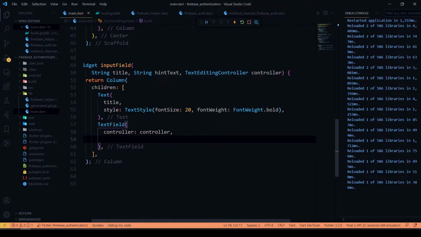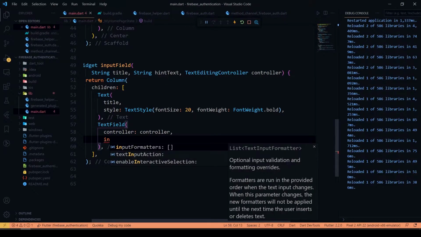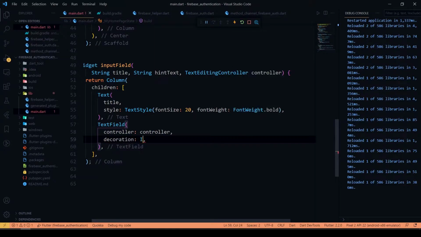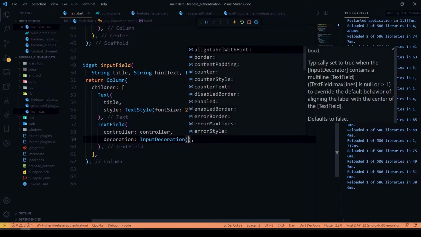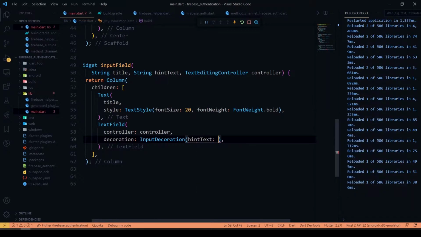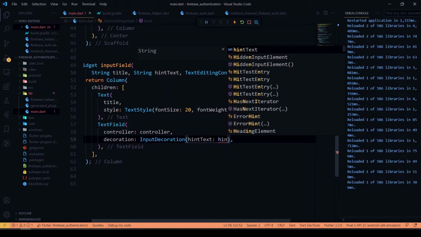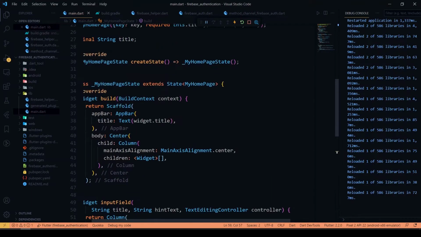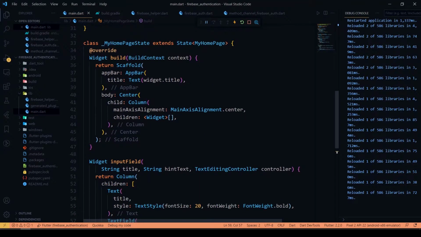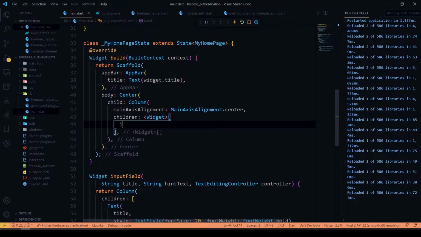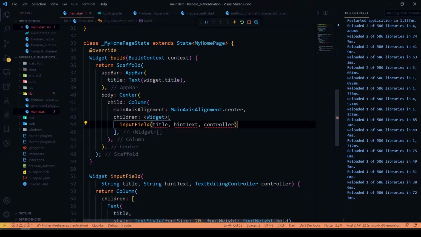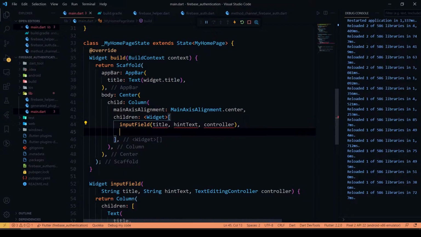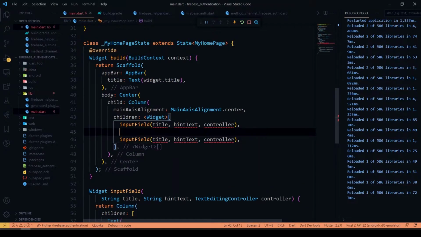After that, there's a decoration, which will be a hint text. Just pass our hint text. So inside our column, I will be calling our input field widget. Just copy paste it here. We'll give some space in between.